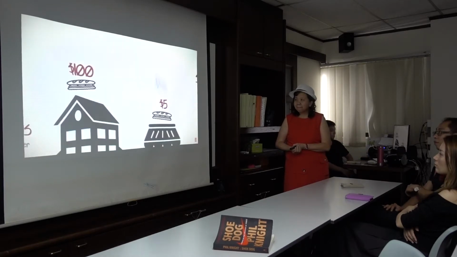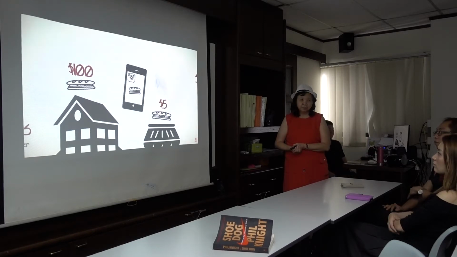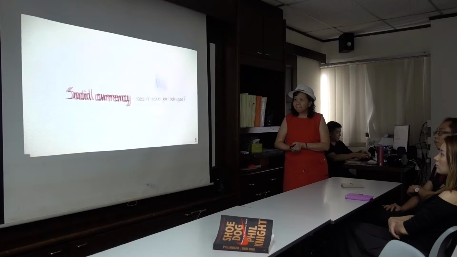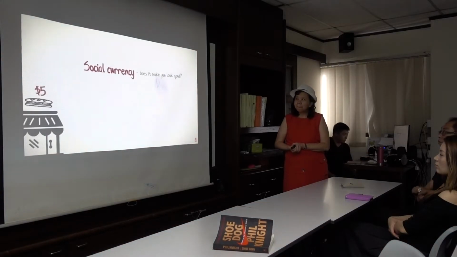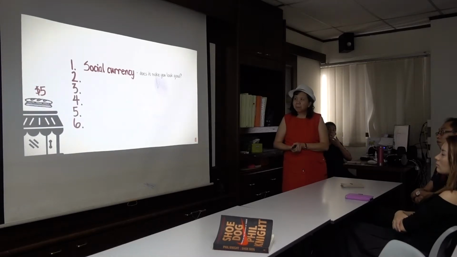And if you're like most people and can't enjoy good things without posting a picture of it on Facebook or Instagram, you're probably going to share a picture of the cheesesteak as well, just to show us that you're still really cool and you eat really expensive things. So the first principle is social currency. And the idea here is, if sharing your idea or product makes someone look good, they're much more likely to share it. And there are also 5 other principles that Jonah Berger has identified for why things catch on and